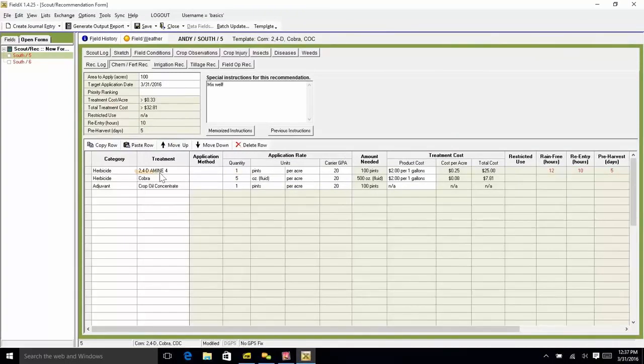So I didn't have to go through and select any of these drop-down menus. When I'm in the field, in season, I can have this set up ahead of the year, and then essentially save all this time actually creating these recommendations and making sure that I have the correct rates that I want to apply on that particular field for that particular issue, and bring all that forward automatically. So you kind of let the program do the work of remembering